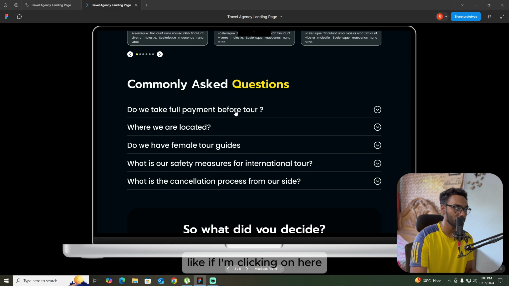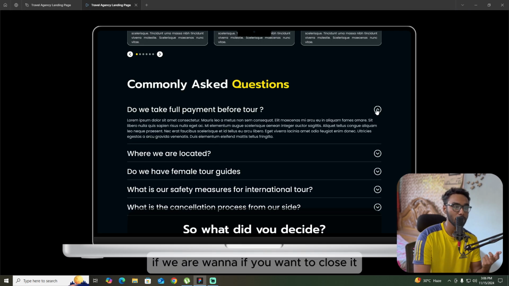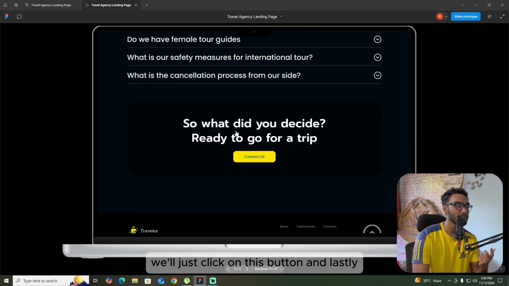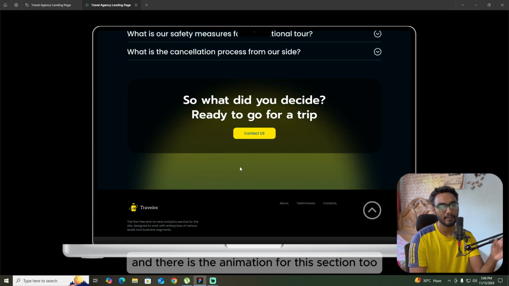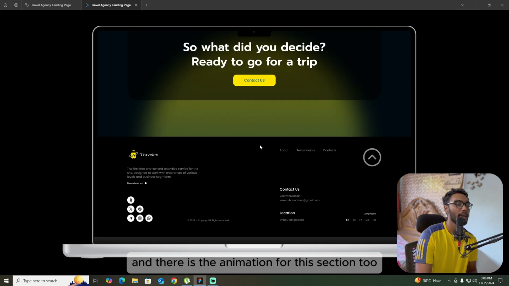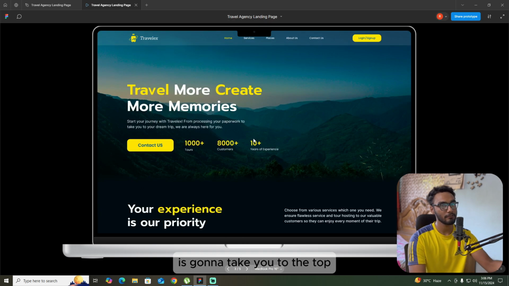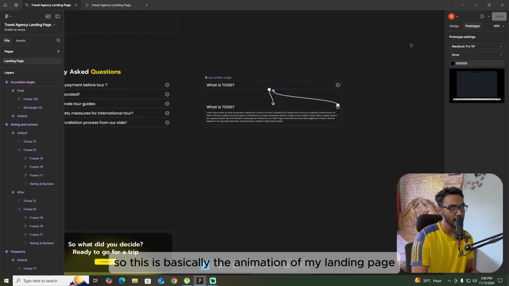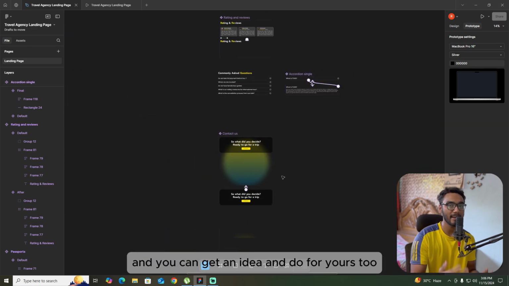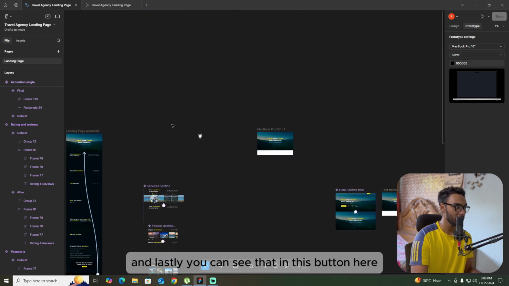Like if I'm clicking on here, our question is opening. If we want to close it, we'll just click on this button. And lastly, we have our contact us section, and there is the animation for this section too. And then you can see that this button here is also hoverable. Like you can see the hover effect, and whenever I click here, it's gonna take you to the top. So this is basically the animation of my landing page, and you can get an idea and do it for yours too. And lastly, you can see that in this button here,